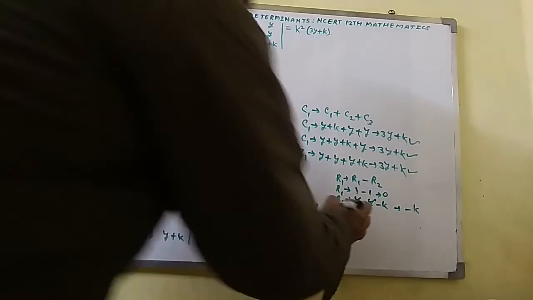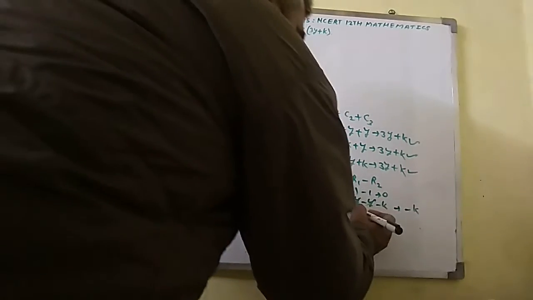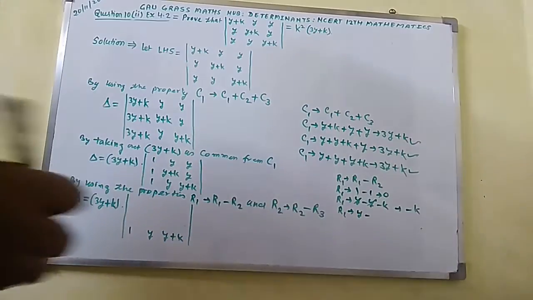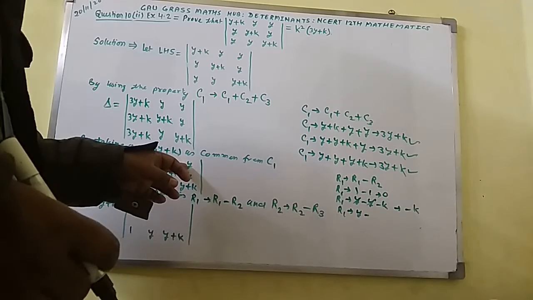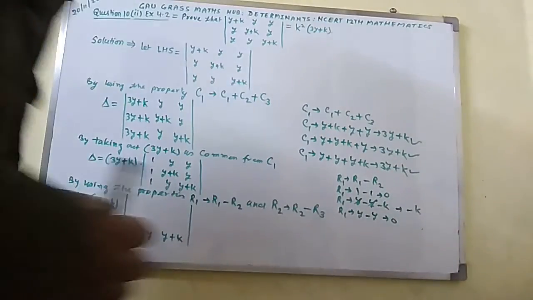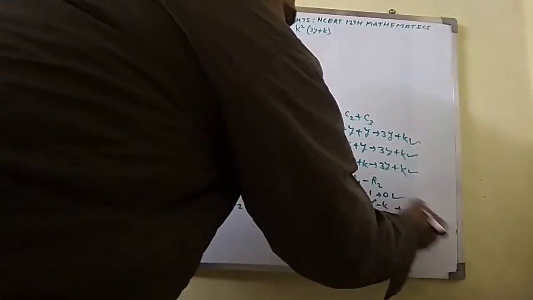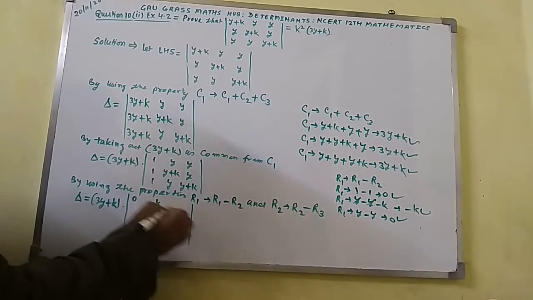And again for R1, if I take the element of R1 as y, minus, for R2 the corresponding element of y in the second row will be y. So write y, comes out to 0. This will effectively be written in the first row. So here I shall write first row 0, minus k, 0.